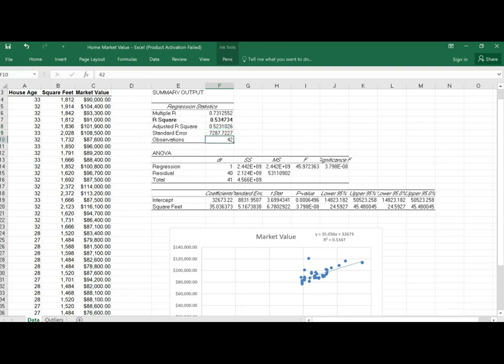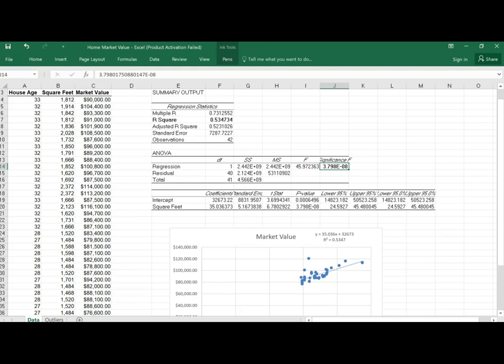Number of observations, not surprisingly, is 42, and that should be a number that jumps out from what we just went through. What else? In this second section, the ANOVA section is what we want to talk about first. The main thing that your eyes should go to is this significance F-test. Is this significance F-test a very big number or a very small number? This is a very, very small number,